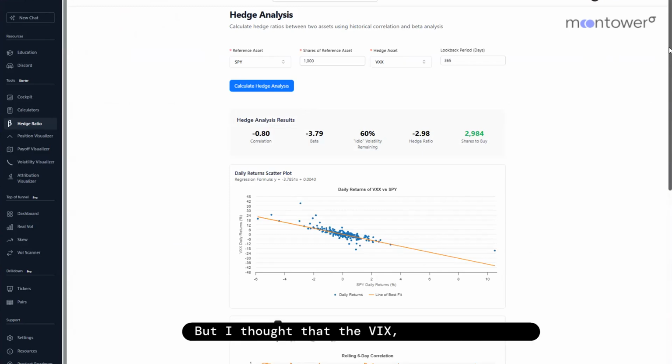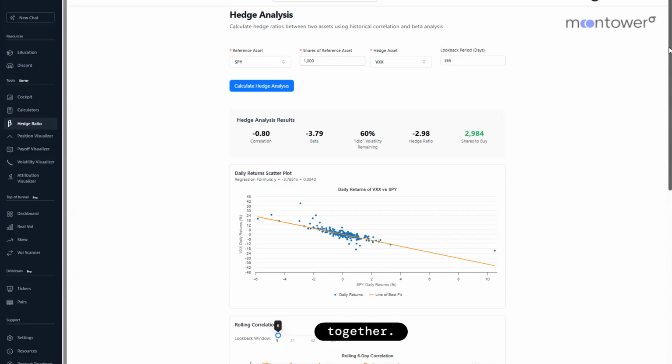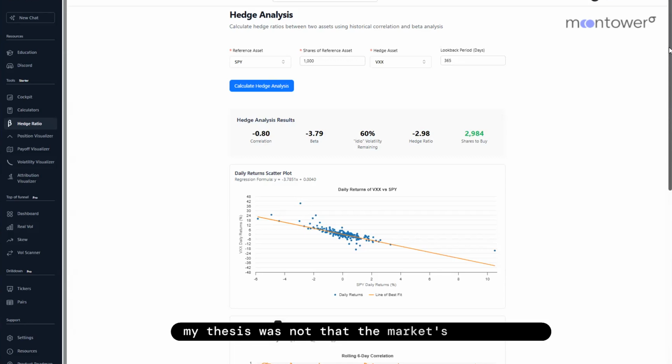But I thought that the deferred VIX futures, like the 2-month VIX future, looked too cheap to me relative to where spot was, like when SPY had sold off. So the trade that I liked doing was I bought S&P futures and I bought the VIX futures together. And my thesis was not that the market's undervalued or anything like that. It's just that I think the VIX future is cheap given where the SPY was. That basically, if they were to both go up together, if the market was to go up, I